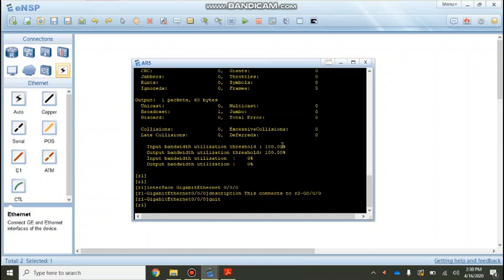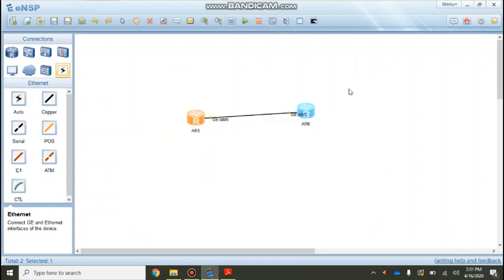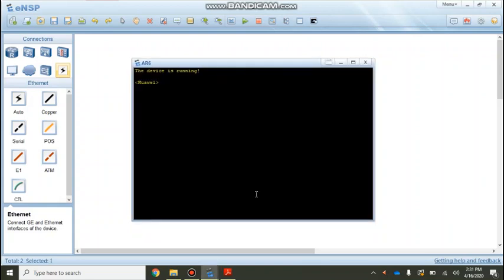This is the configuration we had to do on the first router of the connection. Now we'll move on to the next router. We'll do the same configuration and then start the connectivity. Now you can see here our configuration on router 1 is complete. I will quit this window and now double click on router 2 and the same window appears again. I have to configure everything similarly, but I have to change the IP address. I will not repeat all the commands. I will just show you how to configure its IP address and connect it with router 1.